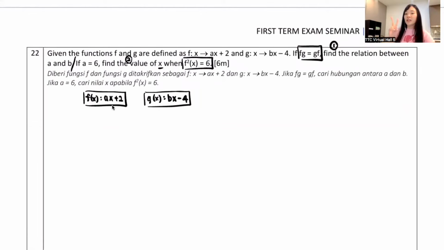Okay, so they got 2 things. We do the first one first, okay? The first one, they say what? They say fg equals gf. What's the meaning of fg equals gf? Listen to me. They just try to tell me this composite function fg and this composite function gf is the